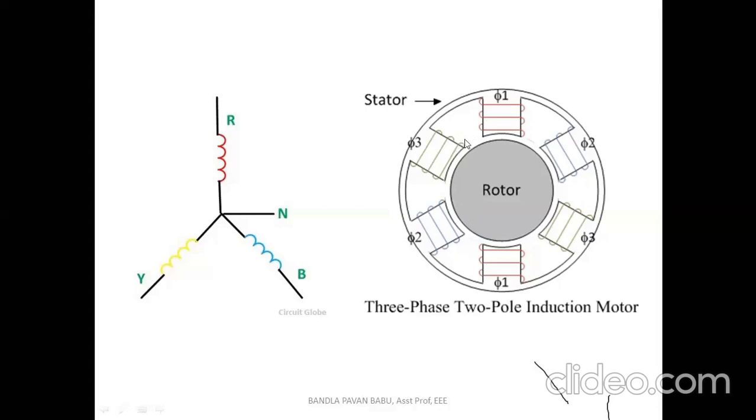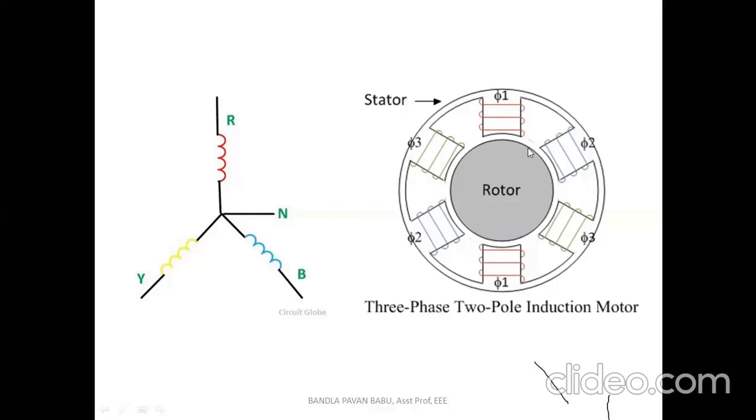If these two magnetic fields follow the same speed, that is the synchronous speed. Earlier we have seen the stator rotating magnetic field revolves at synchronous speed. If the rotor also reaches the synchronous speed, then there is no rotation for this rotor. It remains in a locked position, a stable position. The rotor never rotates. So definitely there should be some difference between the revolution speeds of the rotor and stator magnetic fields. That difference I can call a slip.